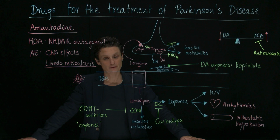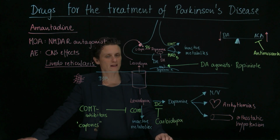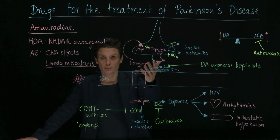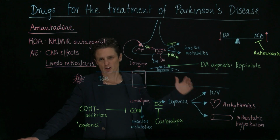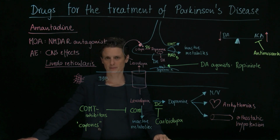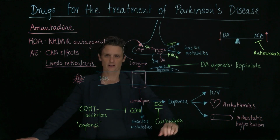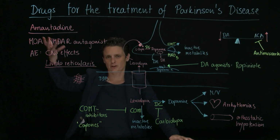So just remember the different categories. Either make sure that we have more dopamine available by supplementing a precursor of dopamine or preventing the breakdown, just directly stimulating the receptors with dopamine agonists, targeting this imbalance of dopamine and acetylcholine, and then we just have this